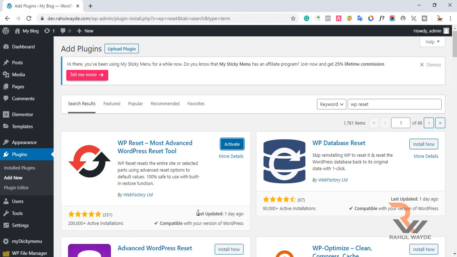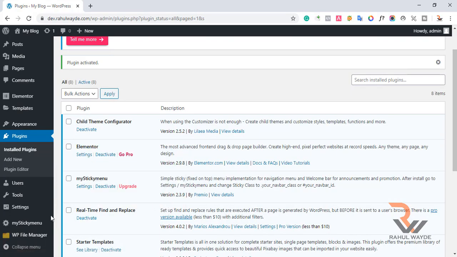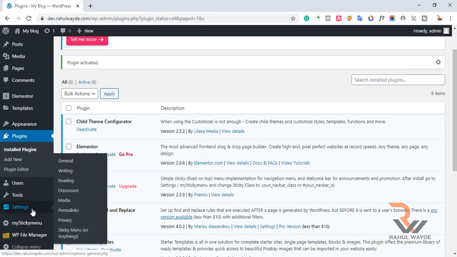This plugin is good because it was updated 1 day ago only, so that's great. The plugin is activated now and this option will come under settings, I think. No, under tools. Yeah, look here, it has come under tools. I will just click on that.